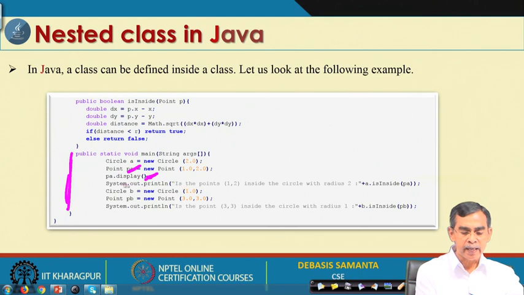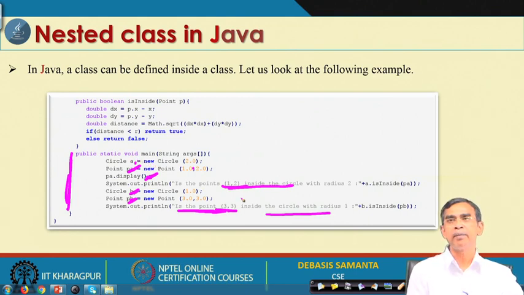And then here it will check whether this point PA is inside the circle or not. We then create another circle B and PB, and we can check whether the point 3 3 is inside the circle or not. So, this is the idea about that.